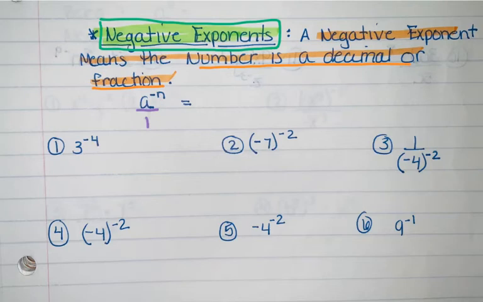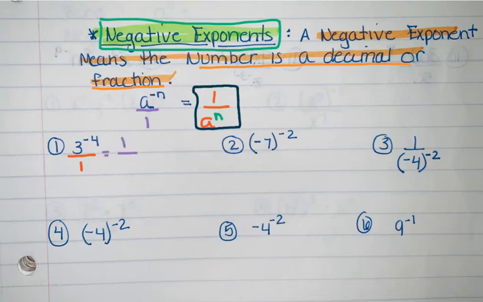So in order to turn it positive, we move it to its opposite, or its reciprocal. So this would become 1 over a to a positive n. Okay, so because it just simply means it's a fraction or a decimal, a really small number. So if I'm looking at number 1, I have 3 raised to the negative 4. So I tend to always turn it into a fraction and then flip it. So this would become